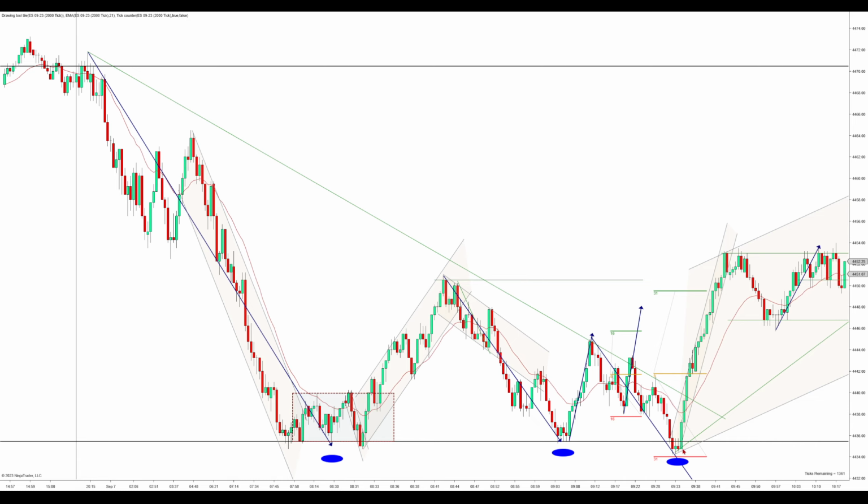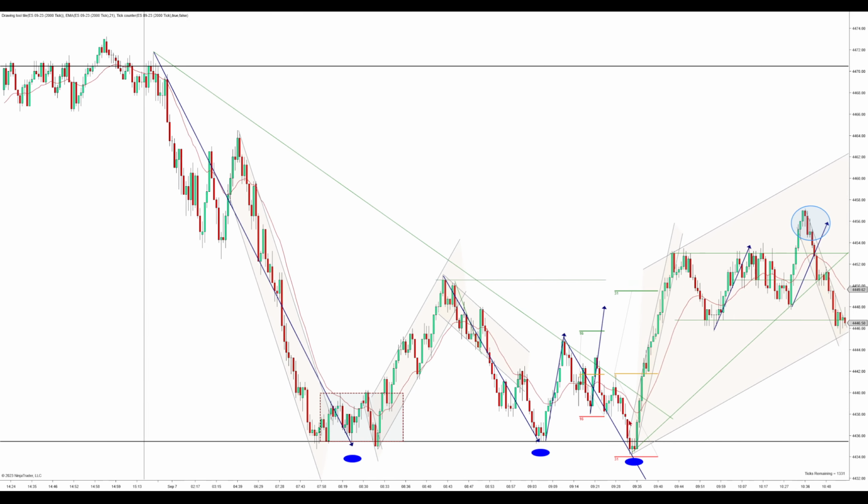So I waited for the closeout, and now, even though this looks like a very big trade, and I guess it is a very big trade, it's not a more complex trade. It's still pretty simple. You have a downtrend, break, first attempt lower, second attempt lower, failure. Or I shouldn't say failure because it actually technically did make a new low there. But it's basically making a triple bottom